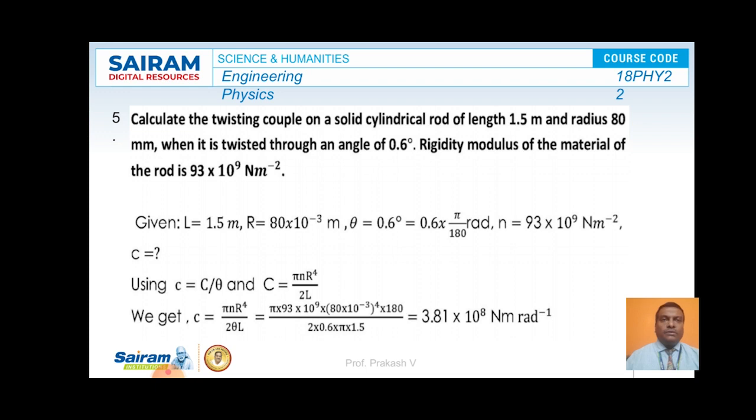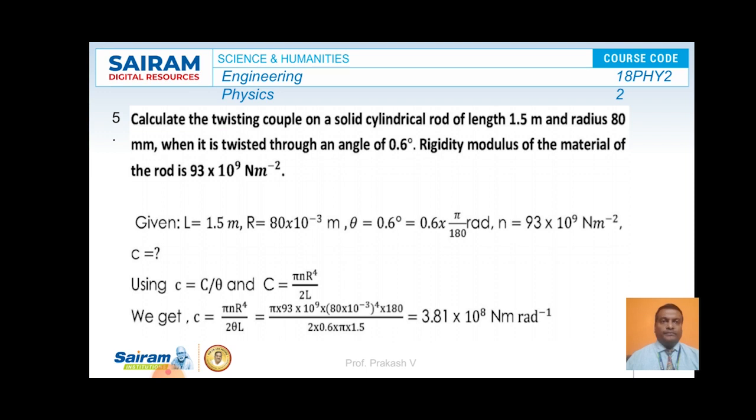The fifth problem, calculate the twisting couple of a solid cylindrical rod of length 1.5 meter and of radius 80 mm when it is twisted through an angle of 0.6 degree. Rigidity modulus of the material of the rod is found to be 93 into 10 to the power of 9